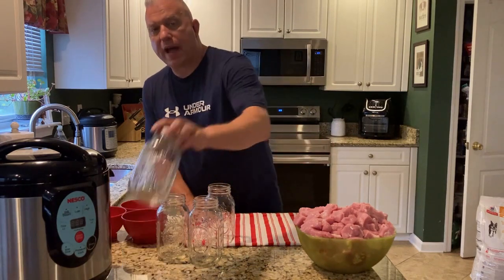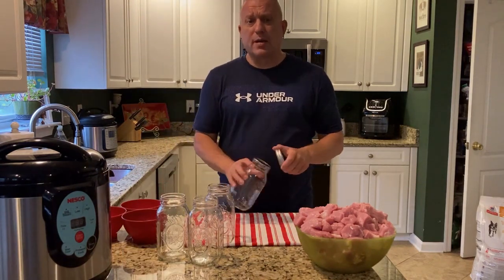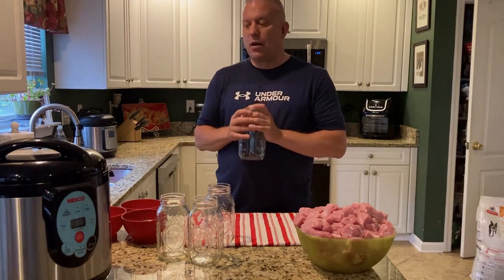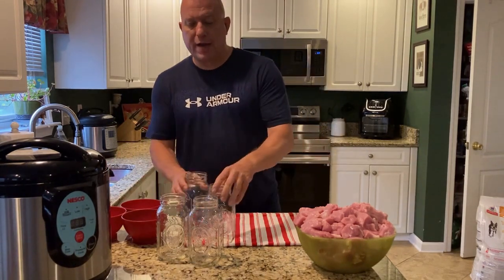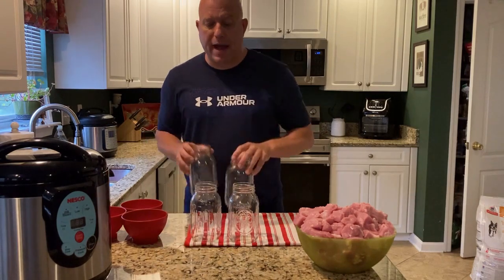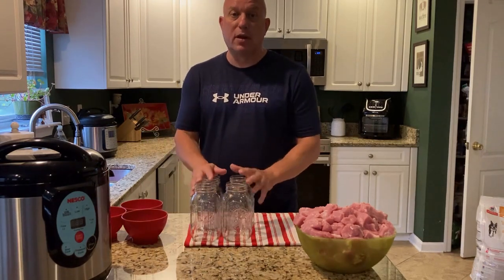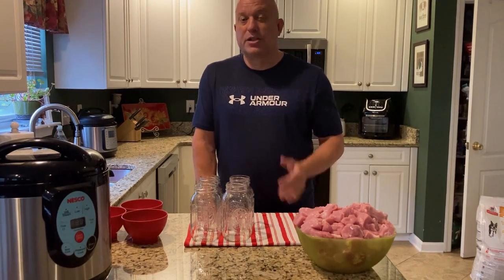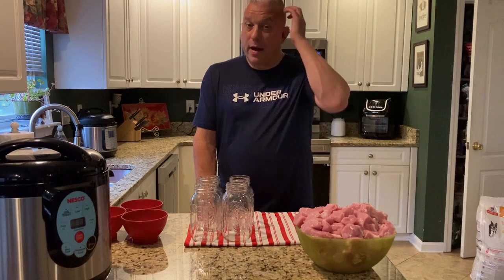Also, cold packing pork here, it is a little bit of work to cut it down. So I actually prefer doing the hot packing, but it takes a little longer because you have to cook it first. So if you've got more time, then maybe do the hot packing. But if you've got more energy and want to put a little bit more oomph into it, then maybe do the cold packing on the pork. Also depends on what sales are out there. Generally, I store a whole lot of chicken, some beef, a little bit of pork, some pulled pork, some hamburger, that kind of thing. That's what I do. But anyways,